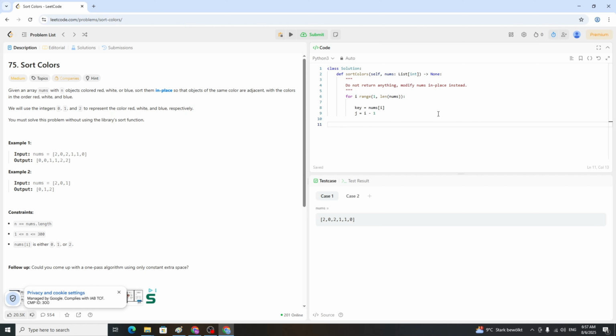After that we will have our while loop, that's why we have our j, so it will continue when j is greater or equal to 0, and